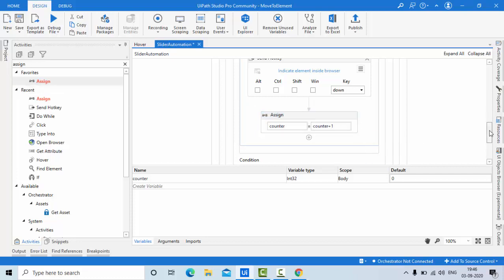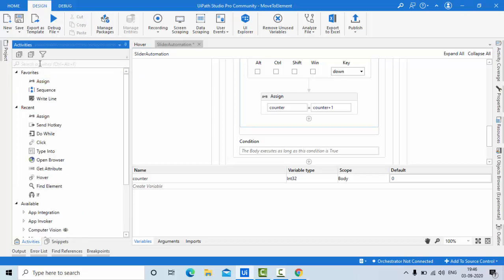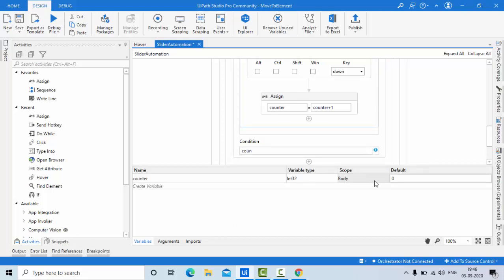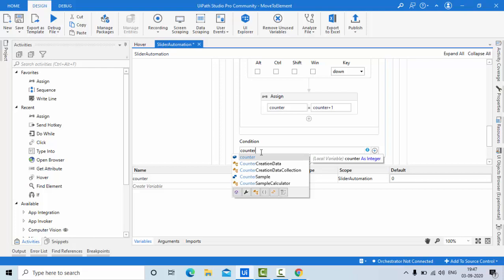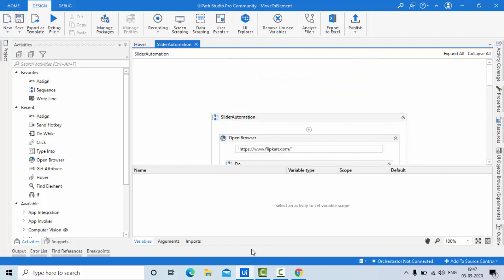Then in the condition, let me keep the counter less than 5. Okay, let's see what we are going to get now.